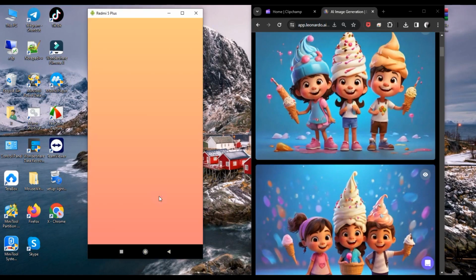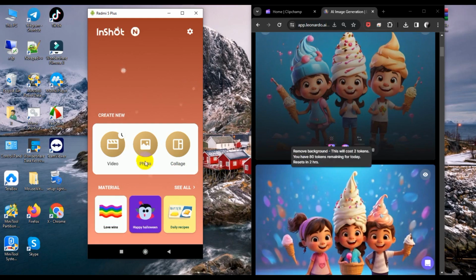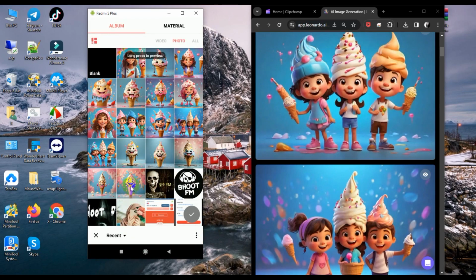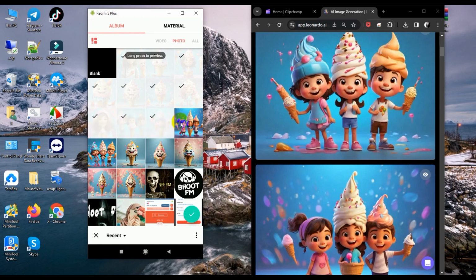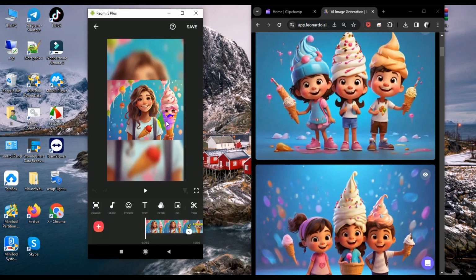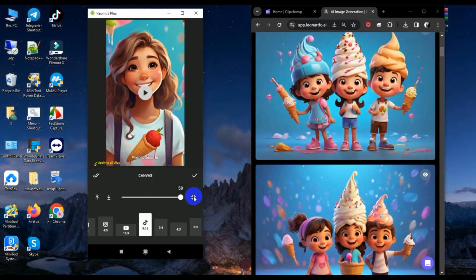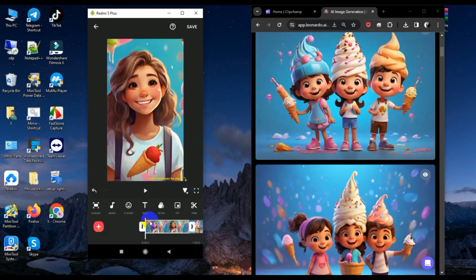So guys, I am just importing my downloaded photos to create a video. I click new, and I input my photos, 1 2 3 4 5 6 7 8 9 10 11 12 13, and click OK. Now I'm editing the canvas to full screen here, click OK, and this image here is 5